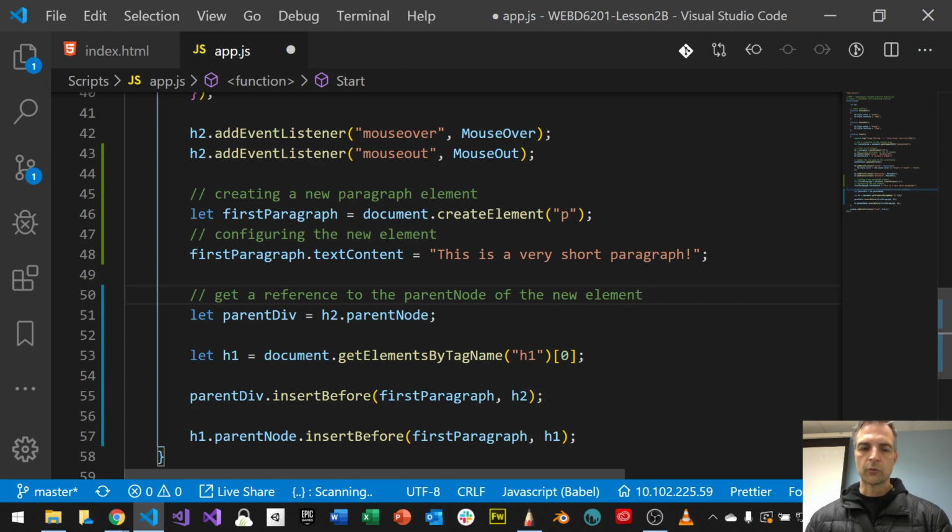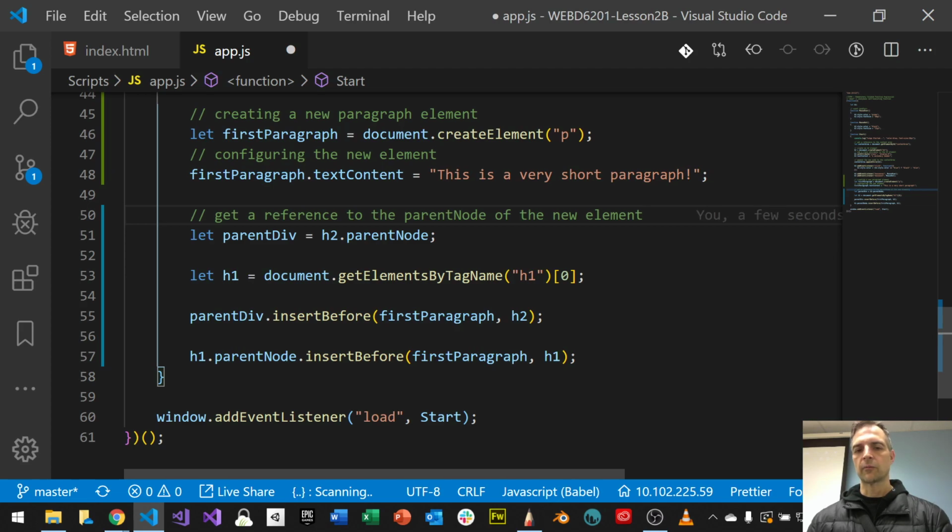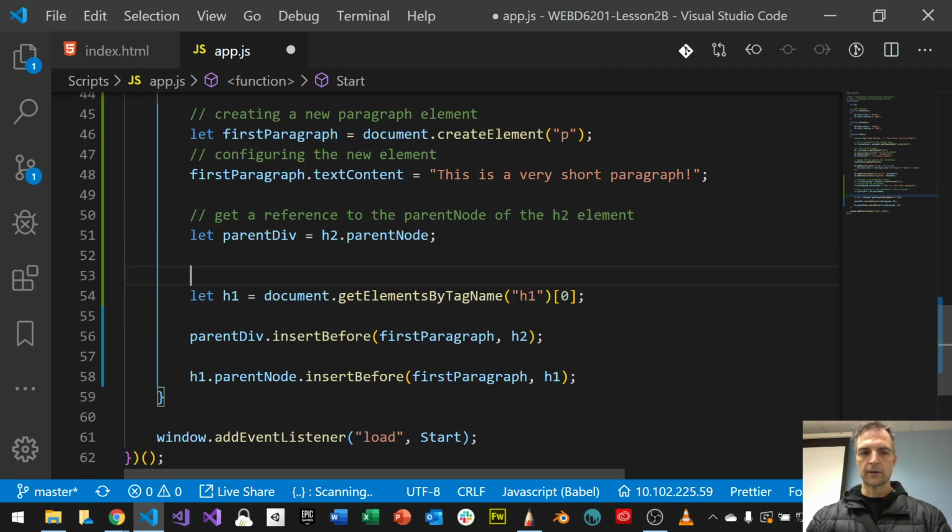And then what I'm going to do is, once I get this reference to the parent node, I want to insert before the parent node, right? And I want to get a reference to the paragraph of the H2 element. That's what I want to do. And then I insert before. Here, this way, if I did it this way, this